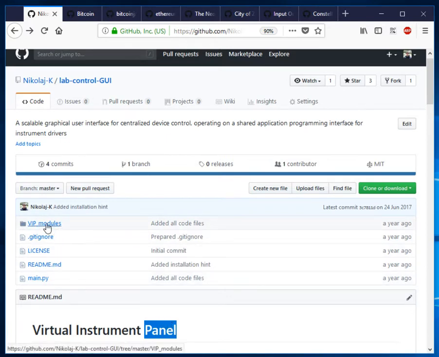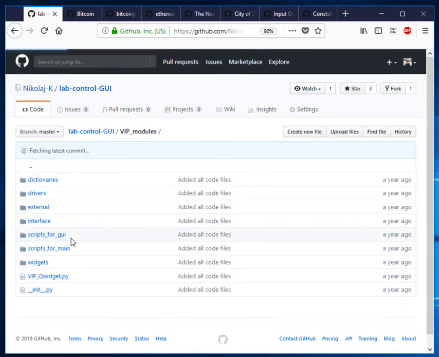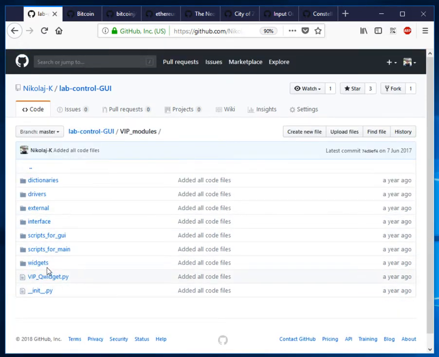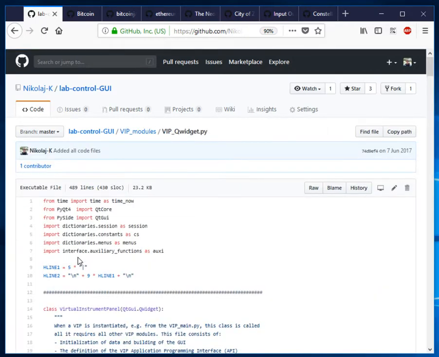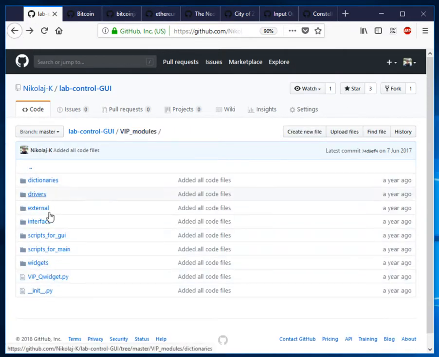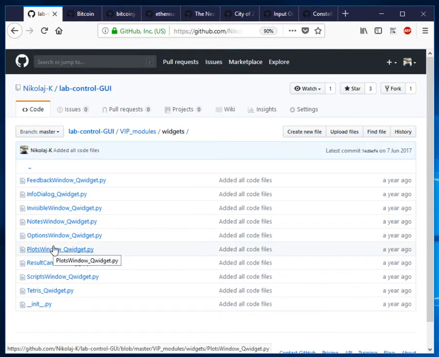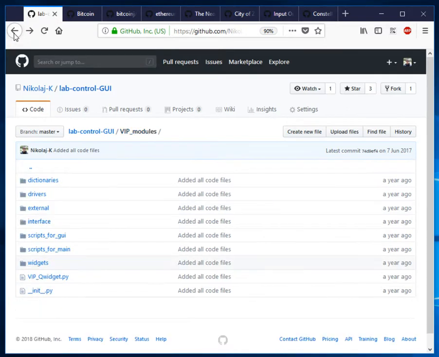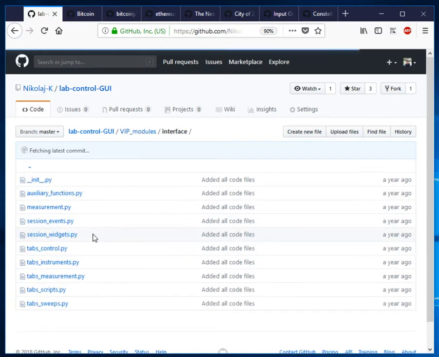And so once you run it, it will go into the folder and go deeper and deeper. So this widget is the main window, and if that is called, then this will import even more and reach down into the folders, and you know, the code will collect itself and build stuff. And for example, then we have here in this widget folder the info dialog that we saw, or the plots window with the graphics when the measurement is done. And then in the interface, I have